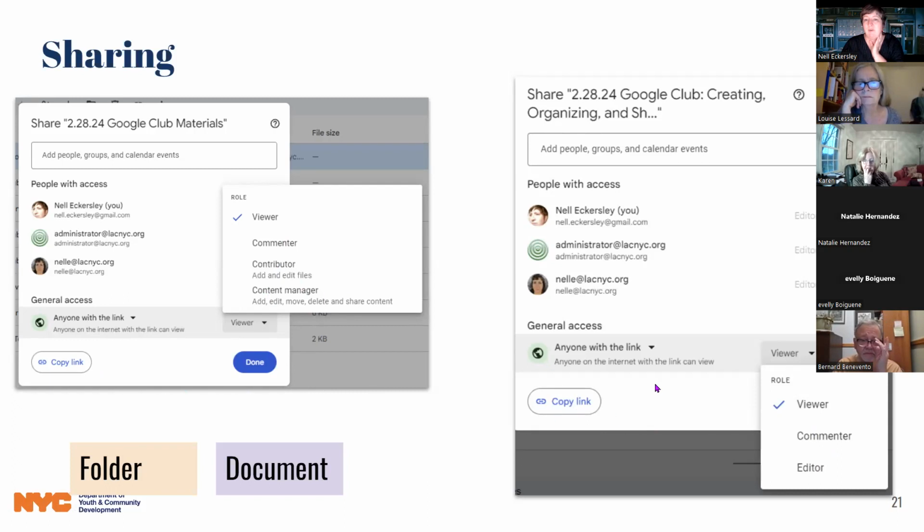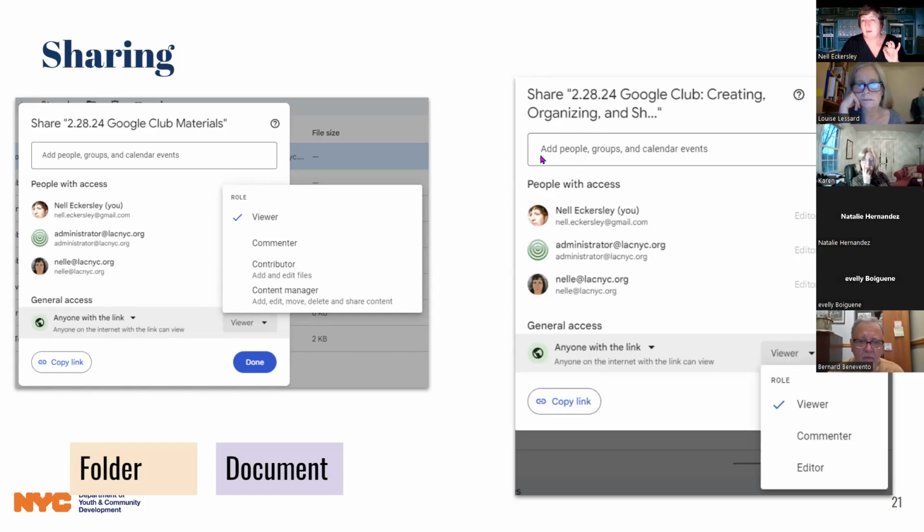And I'm a big one for taking this link and sharing that, but that means everyone who gets that link has the same level of access. So if I'm doing a workshop, that works. I'm going to give you guys all the same level of access. But maybe I have a colleague who should be allowed to edit because she's working on this with me. Then I'd probably invite her here. And I could say, this colleague should be able to edit, this colleague should be able to comment, but everyone who gets the link can only view. That's kind of the way I tend to use this.